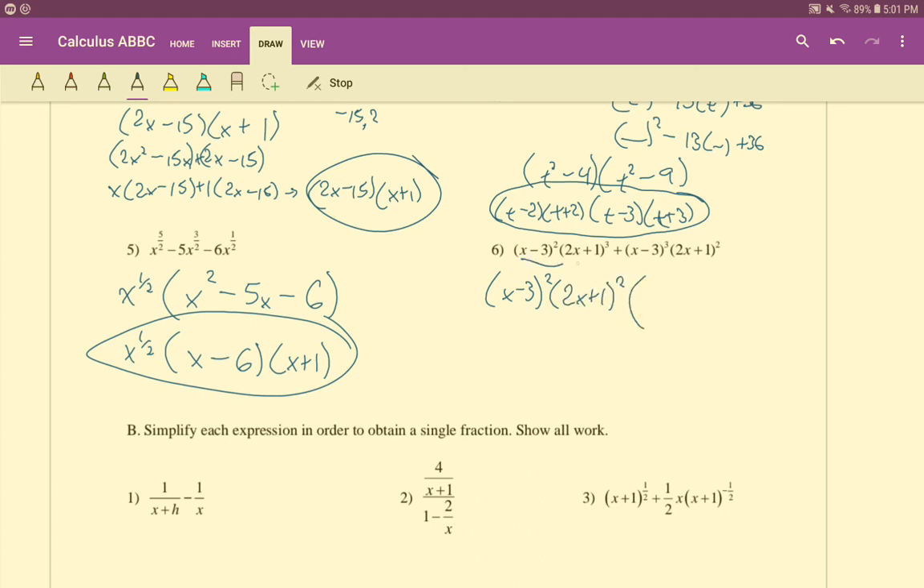If I take out an x minus 3 squared and a 2x plus 1 squared from this first term here, what's left? Well, just a 2x plus 1, right? Maybe I should use a different set of parentheses. There we go. And if I take an x minus 3 squared and a 2x plus 1 squared out of here, what's left? Well, just an x minus 3. And then we can kind of combine like terms in here to finish our simplification. And so we'll get 3x minus 2. And there is our final